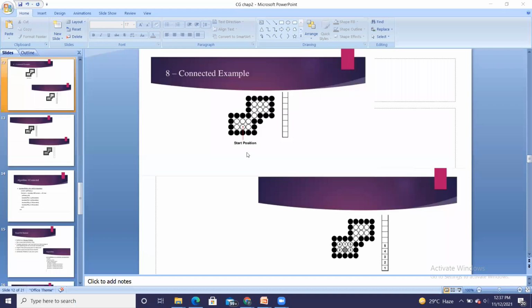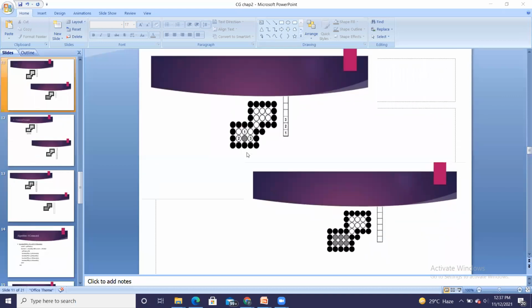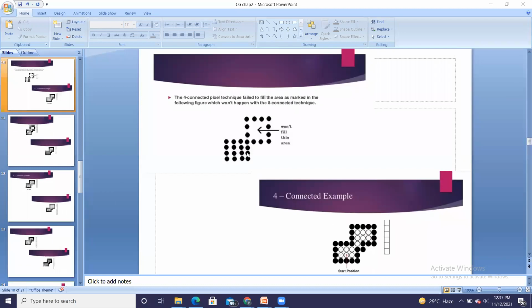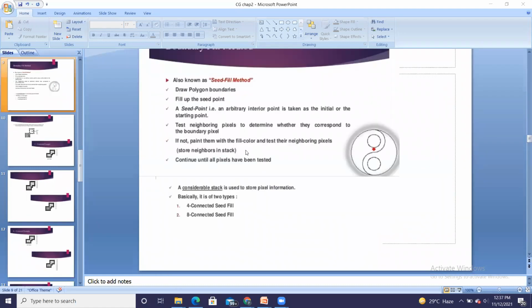So we have seen polygon filling methods. In that, two methods we have already discussed. Seed fill method. So seed fill considers the interior pixel first. It colors that interior pixel and then searches for its boundary pixels, neighboring pixels.